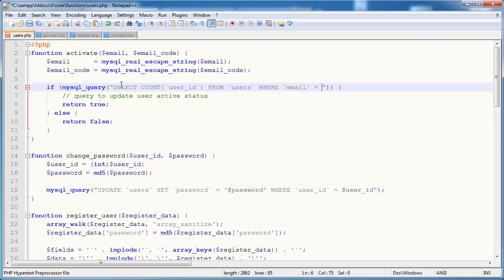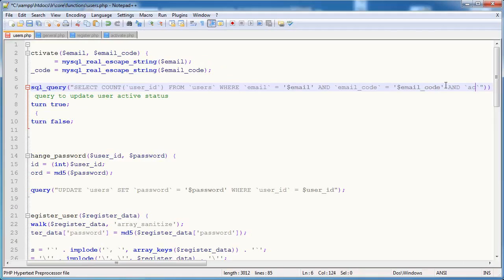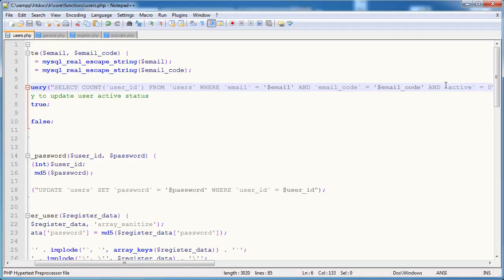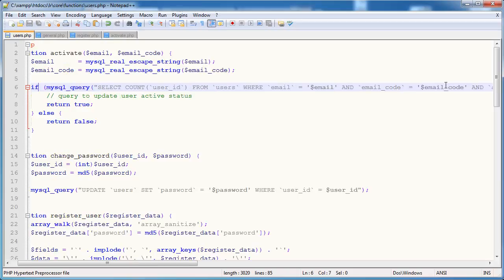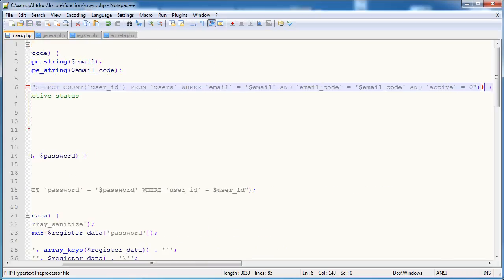So where the email is equal to email, passing this in here, and email code is equal to email code, and active is equal to 0. We don't want to allow any users that have already activated their account to activate again. It would be silly. Now we're going to wrap this all in the MySQL result function, and we're accessing row